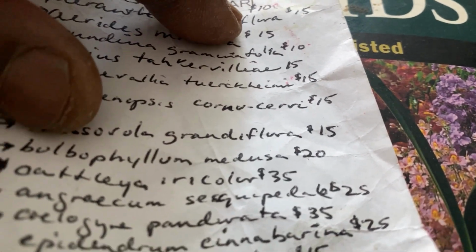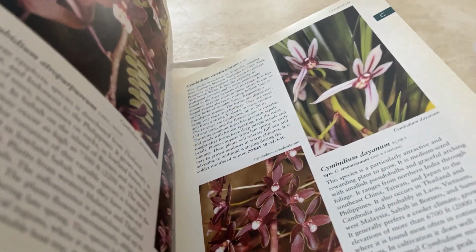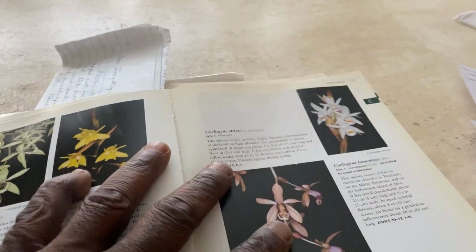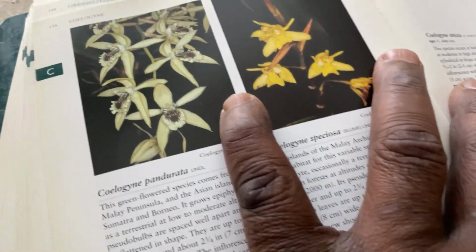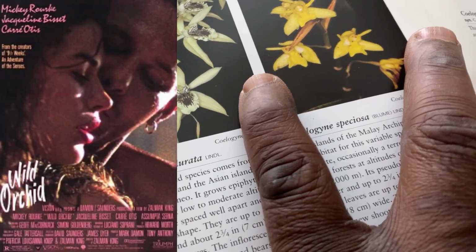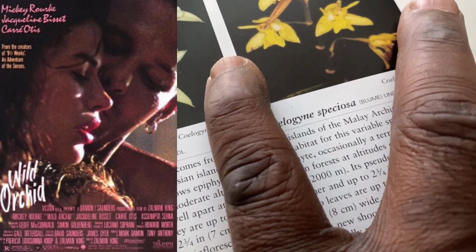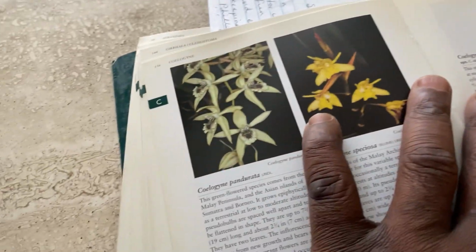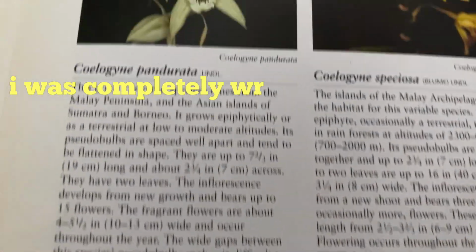Next one is Solagini pandarata. And Solagini pandarata is another one that I know that I first saw this plant flower. Well, I was already well aware of orchids, but I know that I was watching that Black Orchid movie, or was it Wild at Heart? No, it might have been Black Orchid with Mickey Rourke. Mickey Rourke and my girl from The Cosby Show. But anyway,